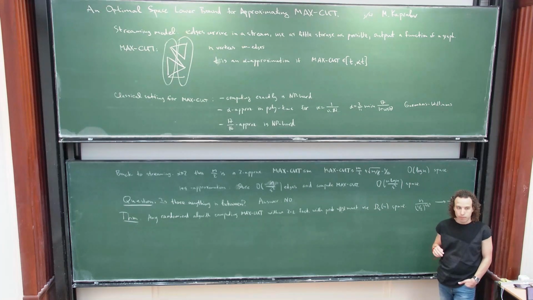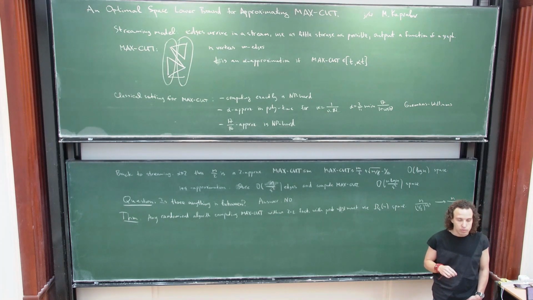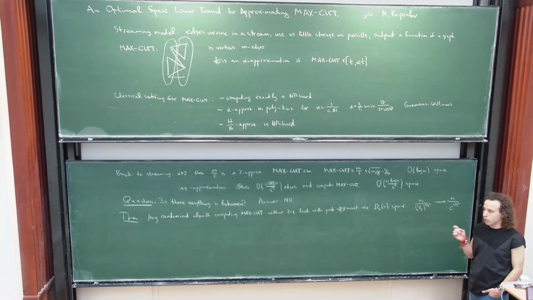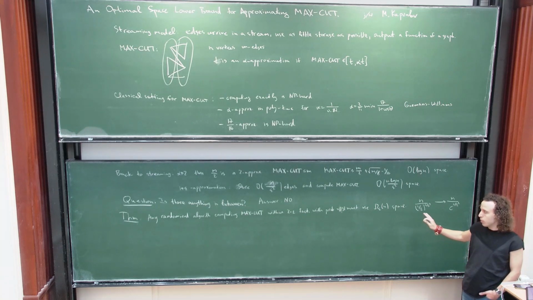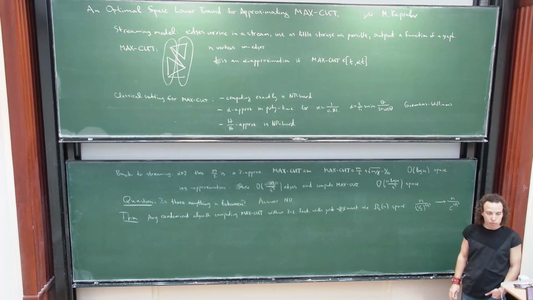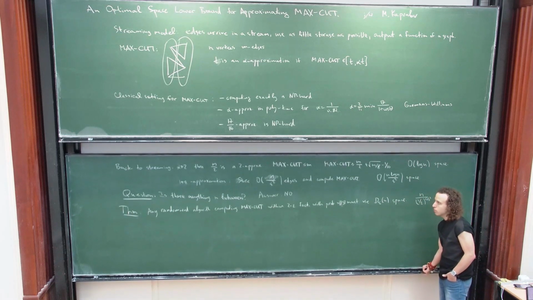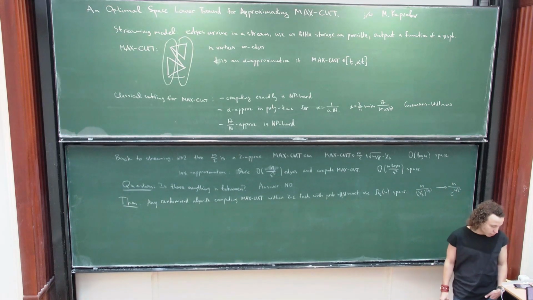Yes? Is this problem also tight if you have the multipass model? No, I thought about this for a bit, and it's much harder. I think something appeared after our work, but they don't get... I mean, the belief is clearly that it should still be linear if you have a constant number of passes. But I think what they prove is maybe square root n, but I'm not sure. Okay. So having this in mind, let me tell you about the communication problem.